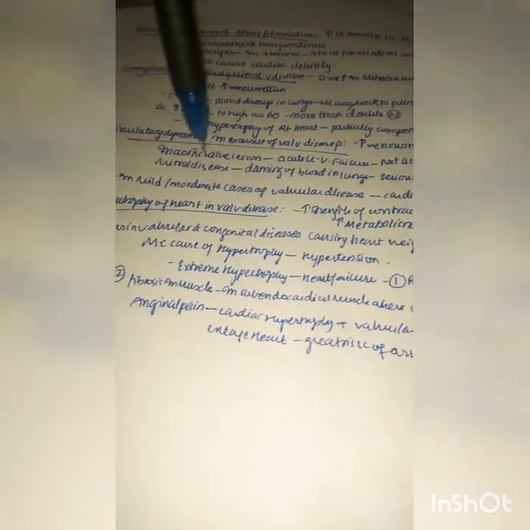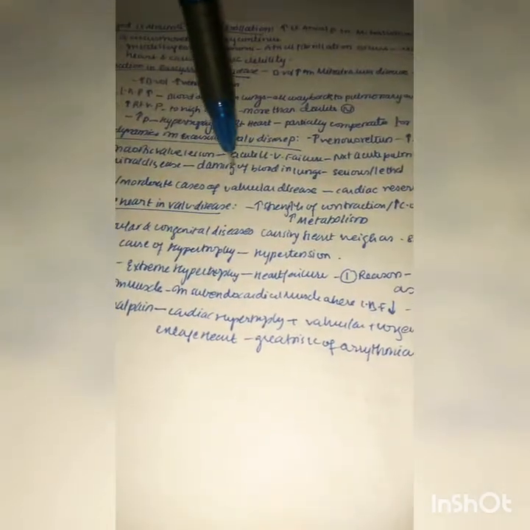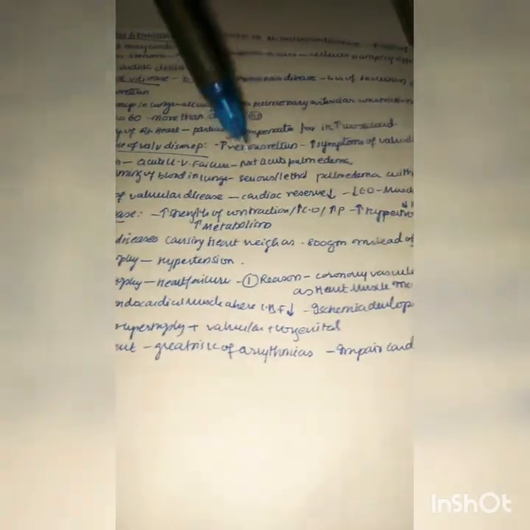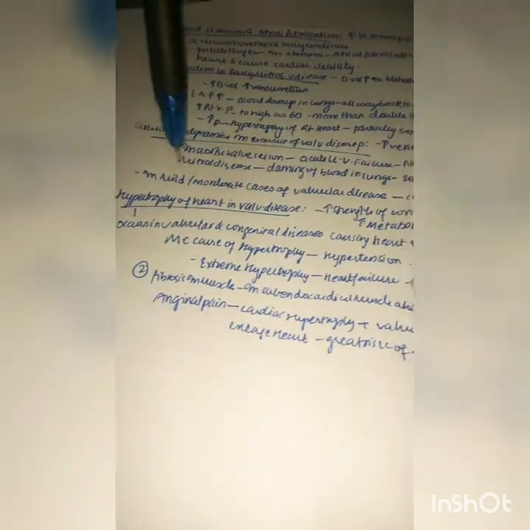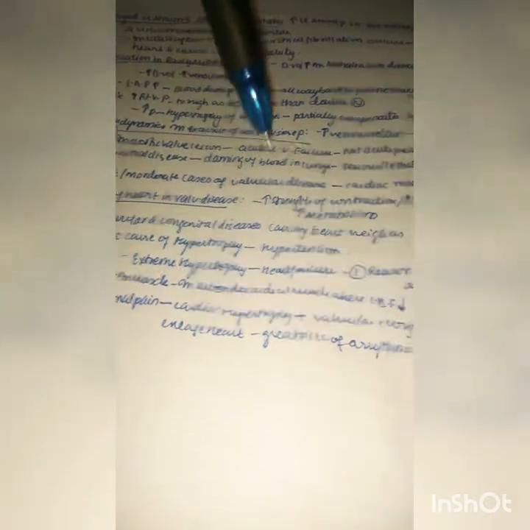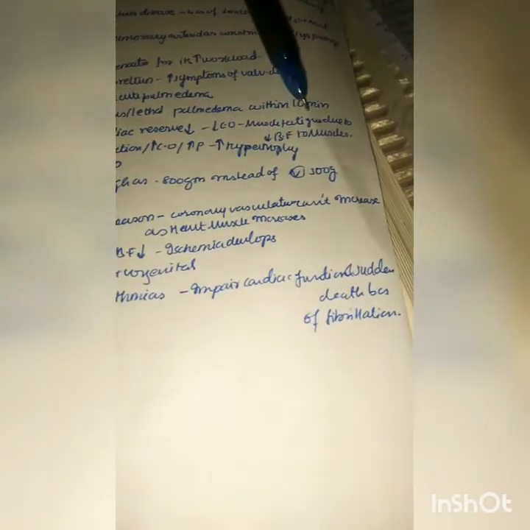And you can see the mitral disease. Because of mitral disease, there is damming of blood in the lungs directly, so serious lethal pulmonary edema within just 10 minutes after exercise. And in mild or moderate cases of valvular disease, cardiac reserve may decrease, with decreased cardiac output, and muscle fatigue due to decreased blood flow to the muscle.